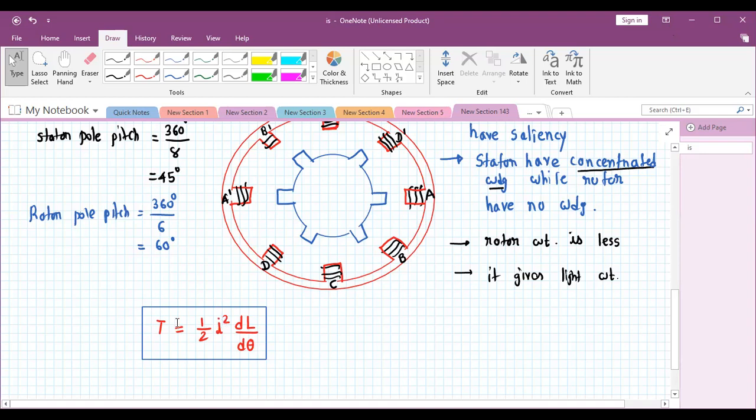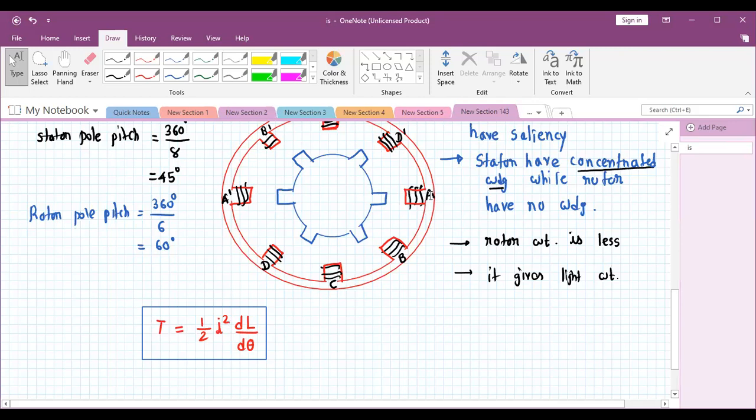Karthik, if the current is positive at that time you are getting a torque, but if the current is negative, you are taking a square. So it doesn't depend upon whether the current is positive or negative. In both cases, your torque remains positive. When the change in inductance with theta, dL by d theta, is positive, at that time we get positive direction torque.